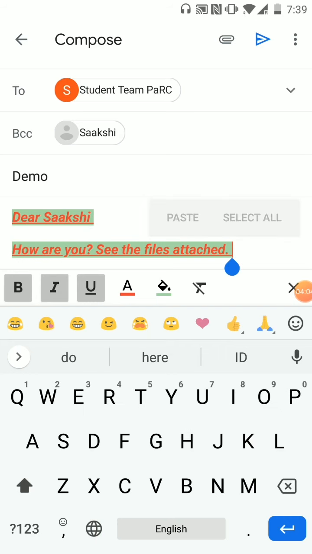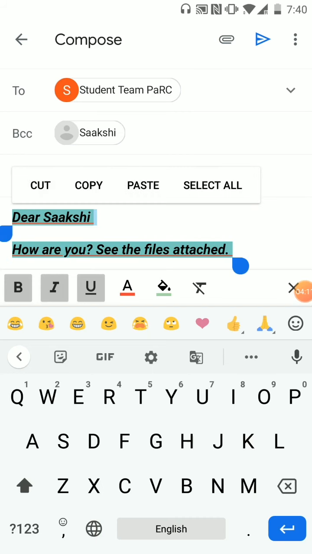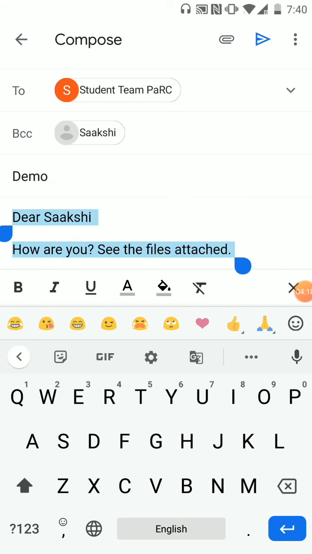If I want this formatting to not be there anymore, I will just do the same thing. I will select all of the text by long pressing on the screen and I will press on the last option, which is the remove formatting option. So the text will become plain again as it was before the formatting.